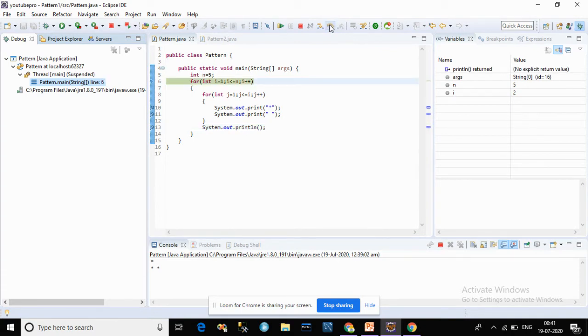Now again it increases the i value to 3, and it again checks from j equal to 1 to 3, so the inner loop iterates 3 times. Let's check here. Now check the console here, how it prints. Now again i equal to 4 and j again starts from 1. So let's check.